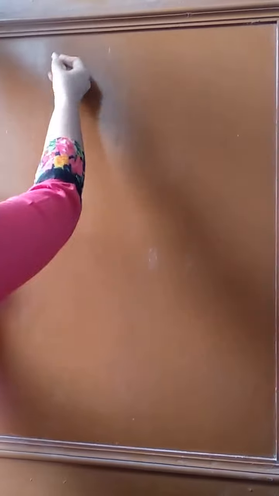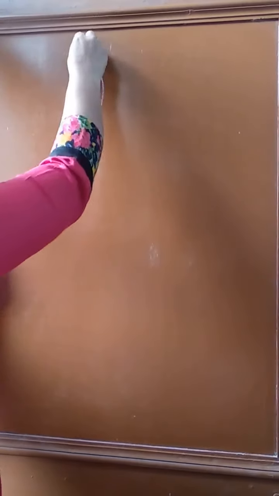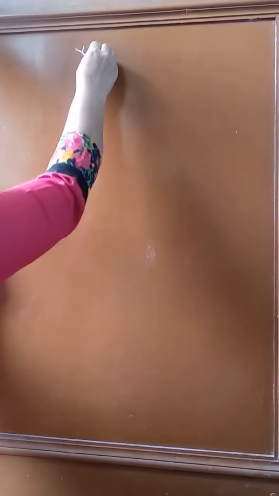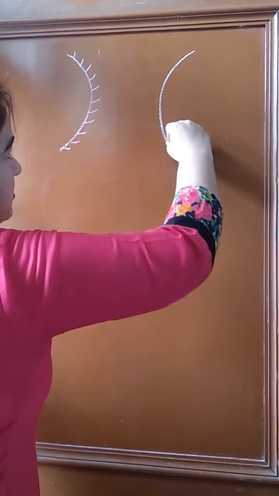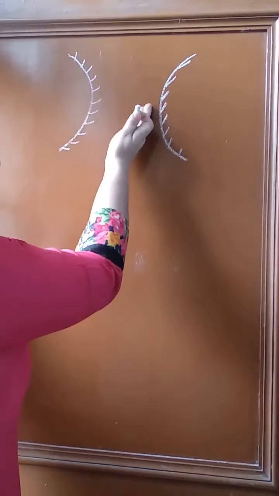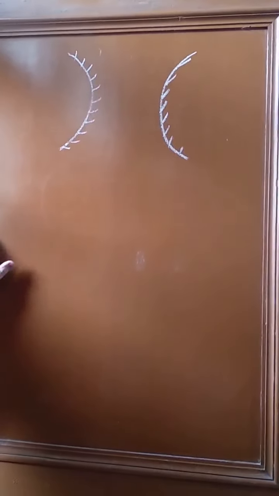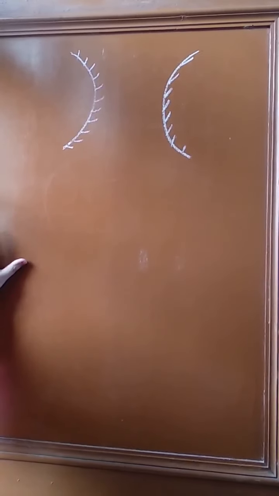Now we will discuss the concave and convex mirrors. A concave mirror is one whose inner side is reflecting and outer side is polished, and a convex mirror is one whose outer side is reflecting and inner side is polished. Now, some terms related to these spherical mirrors are: